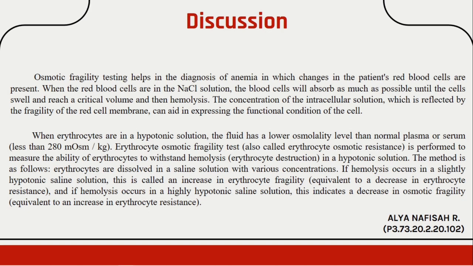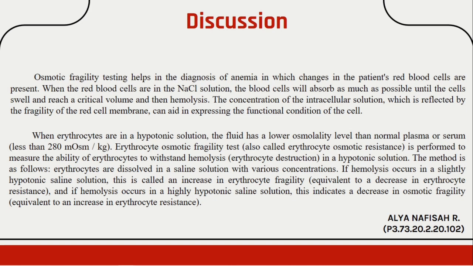When erythrocytes are in a hypotonic solution, the fluid has a lower osmolality level than normal plasma or serum, less than 280 mOsm/kg. Erythrocyte osmotic fragility test, also called erythrocyte osmotic resistance, is performed to measure the ability of erythrocytes to